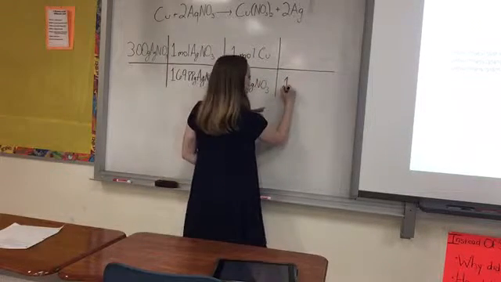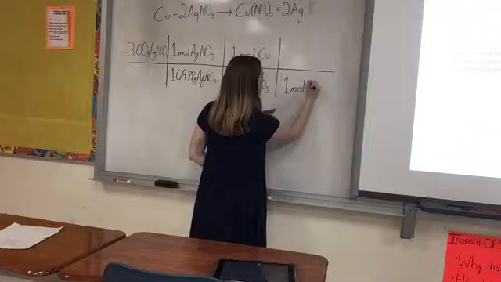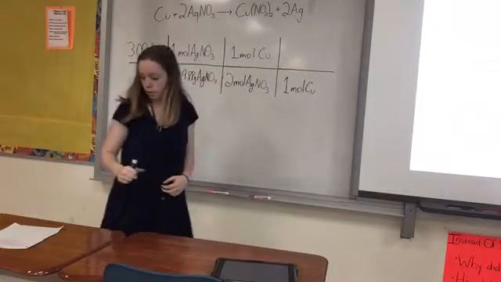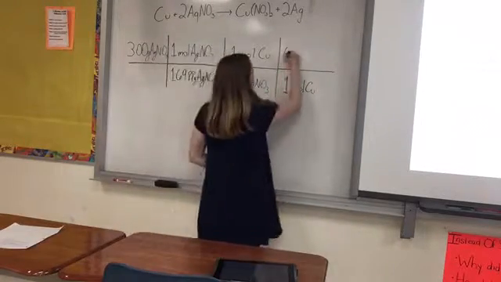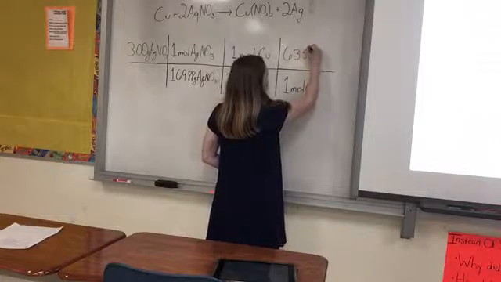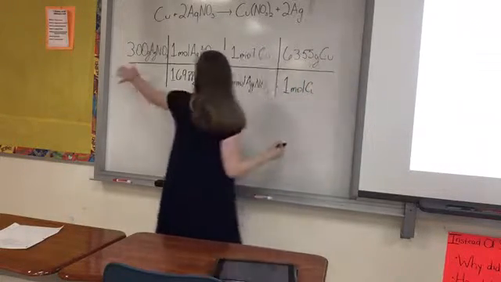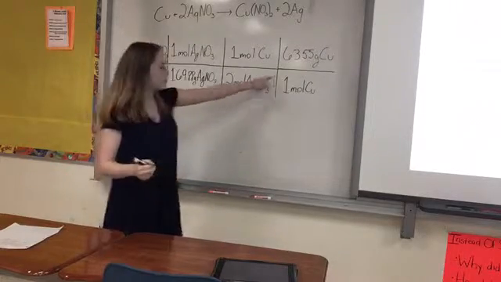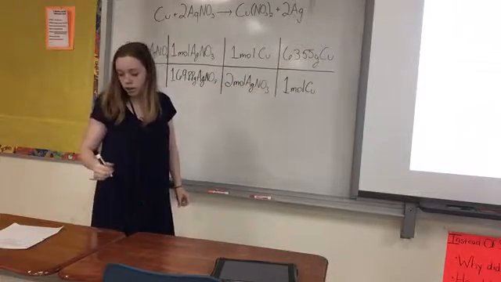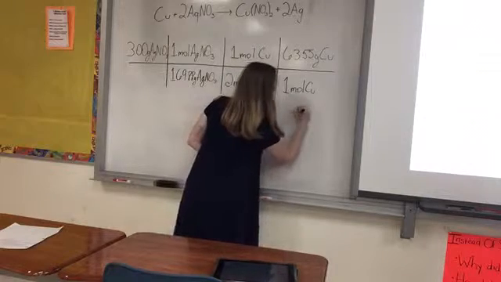And then for the last step, we are just converting the copper to grams. And so the molar mass of this is 63.55 grams of copper. And then when you work all this math out, you divide, and then you multiply, you end up with